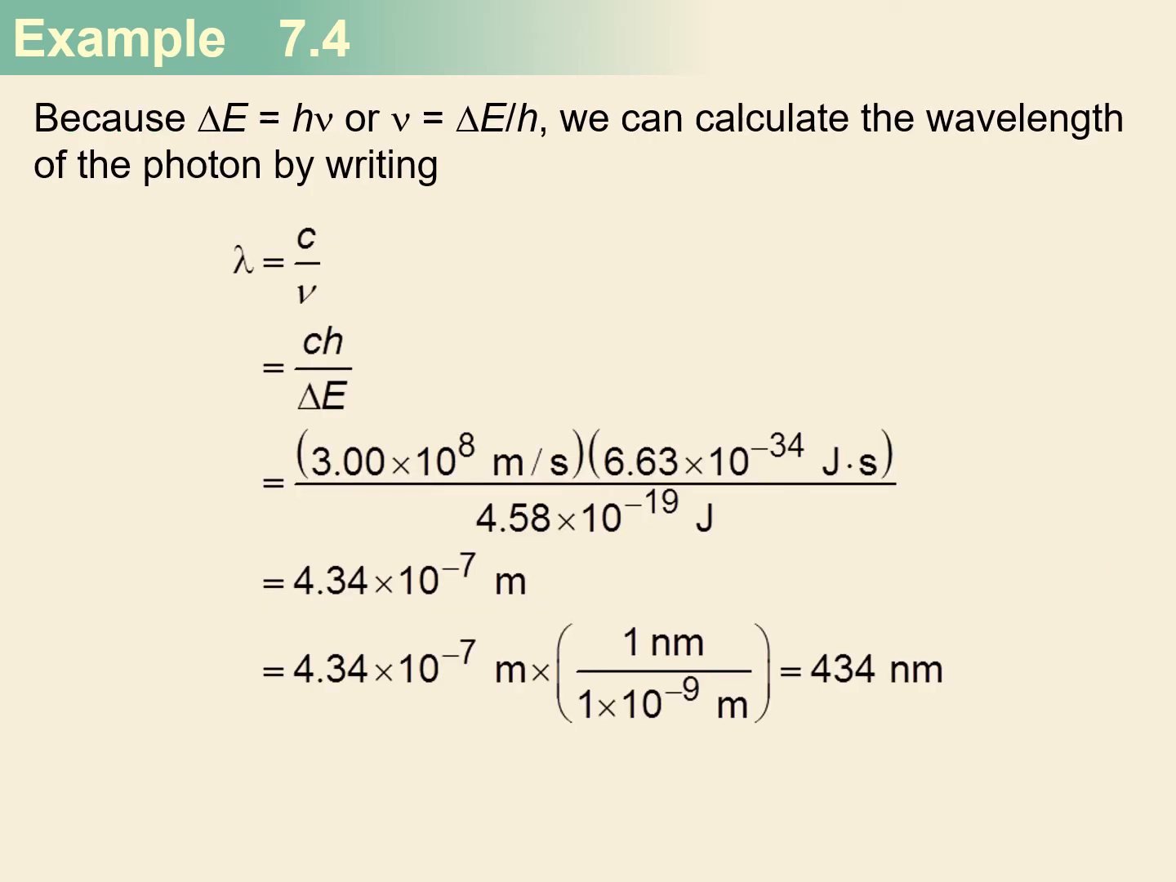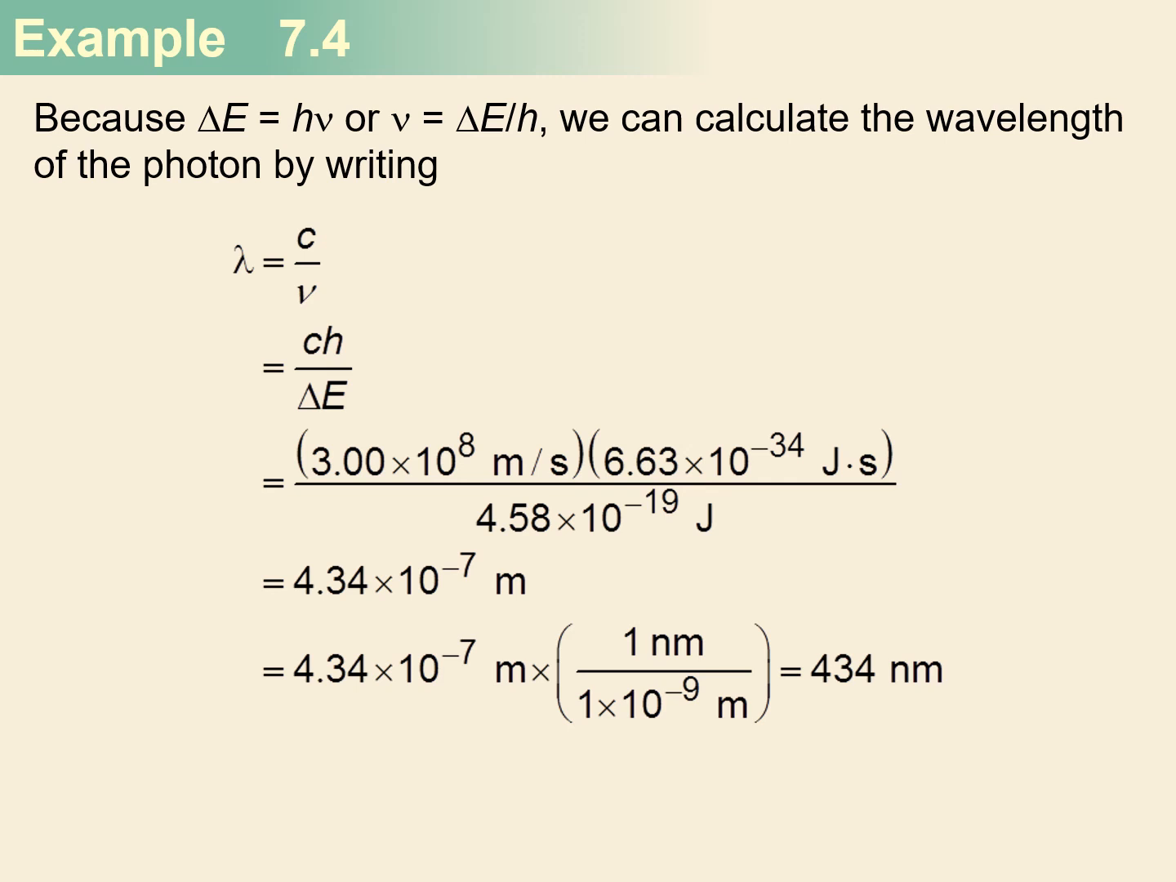Now we're going to have to think about doing some rearrangement because ultimately we need to solve this problem for wavelength. So since we have solved for delta E, we could take our equation delta E equals Planck's constant times frequency and rearrange it to solve for frequency. In other words, frequency equals delta E over h. Now if we take the formula lambda equals c over frequency, and we sub in for frequency delta E over h,